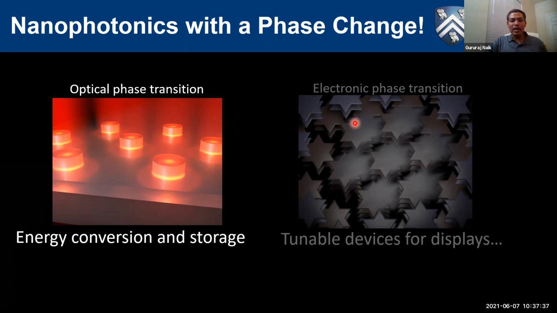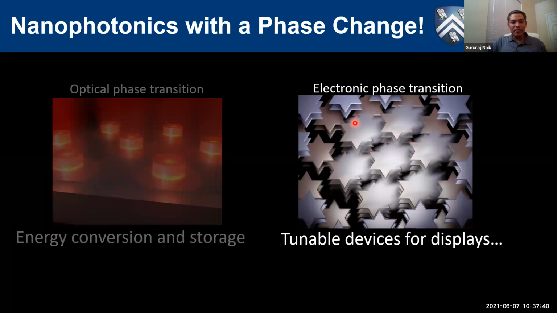In the next part of the talk, I'll move to a different material system where the phase transition is not optical, but actually electronic. It is a strongly correlated material where the phase transition is because of strong correlation in the material, that is, electrons talking to each other as if in a jelly. When I shine light on the system, the whole jellium, these connected electrons, all interact with light together to give a much bigger response than what we would see otherwise. This is really useful for making tunable nanophotonic devices, and that's what I'll be talking about.